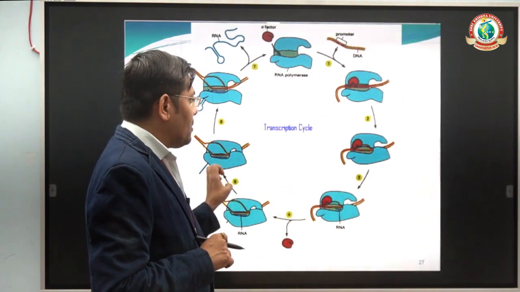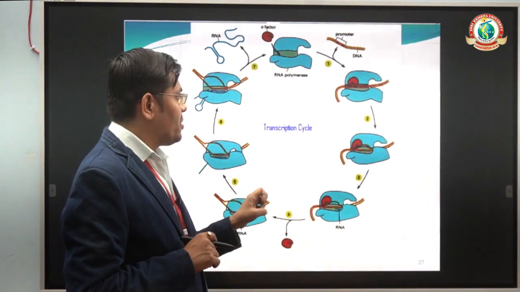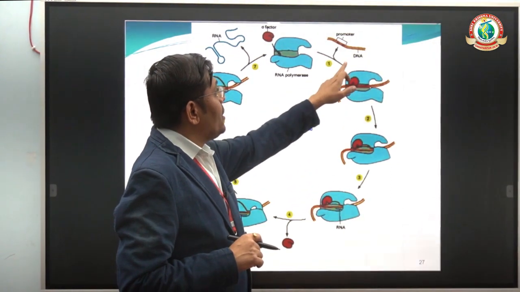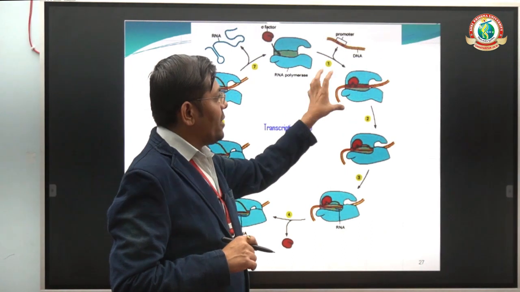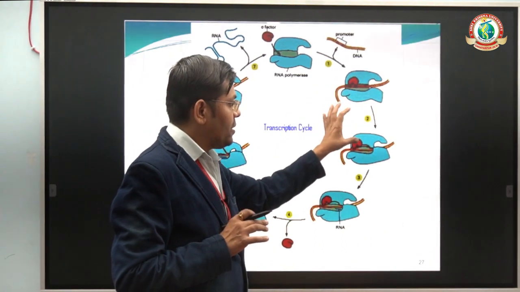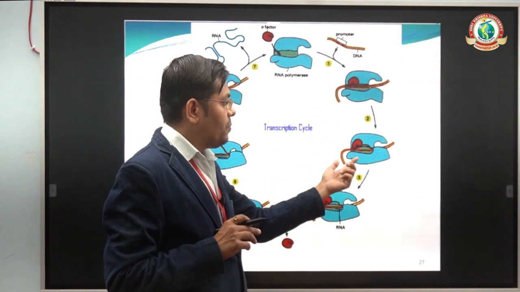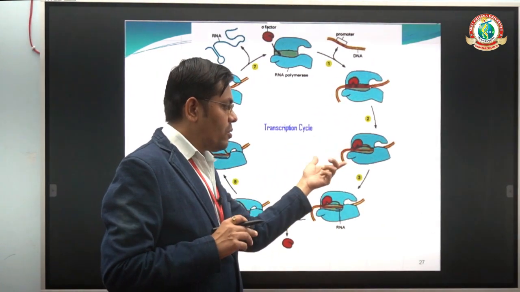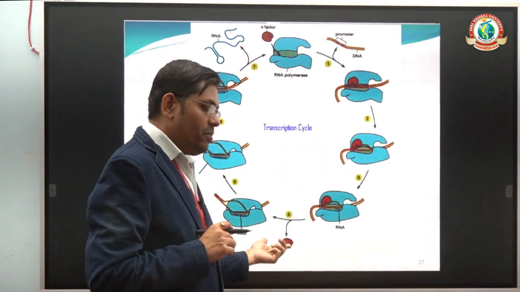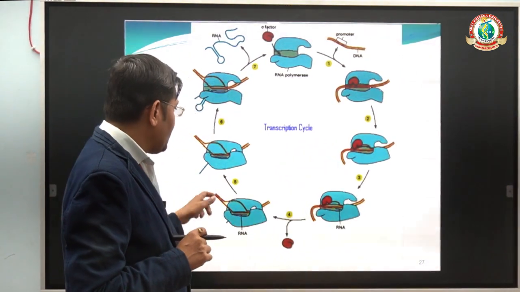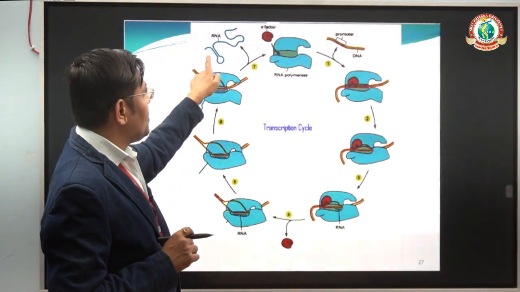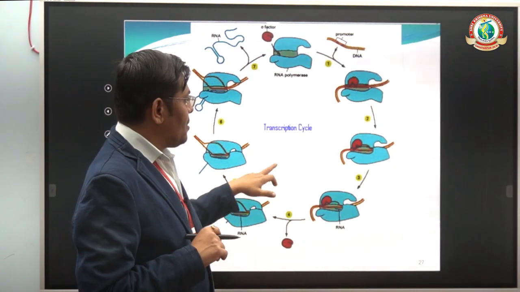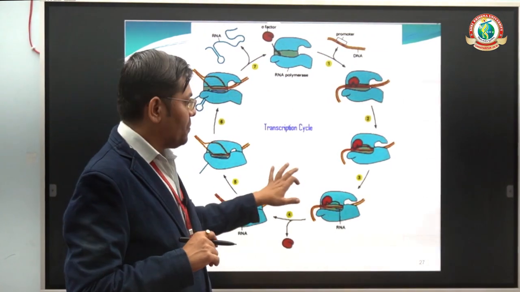If we quickly recap the process of transcription, in the first step, the DNA acts as a template and RNA polymerase gets incorporated with the DNA, and in the second step, elongation takes place, and the RNA polymerase gets released, and the transcript gets released from the process, and the sigma subunit is released, and the transcription cycle completes.